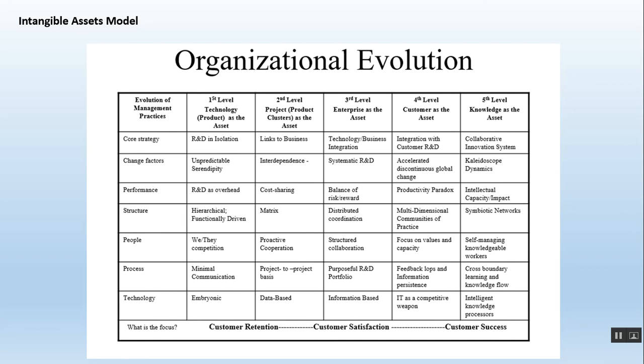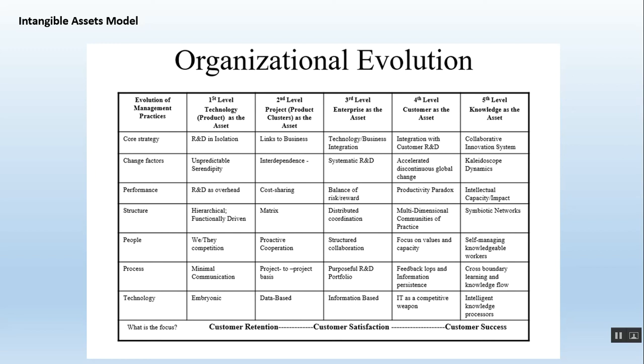Ultimately, looking at level 4, the customer becomes the asset and everything is geared around the customer, and then at the very end, the final level is having knowledge be your asset. And there are different areas of how a company would measure itself. For example,